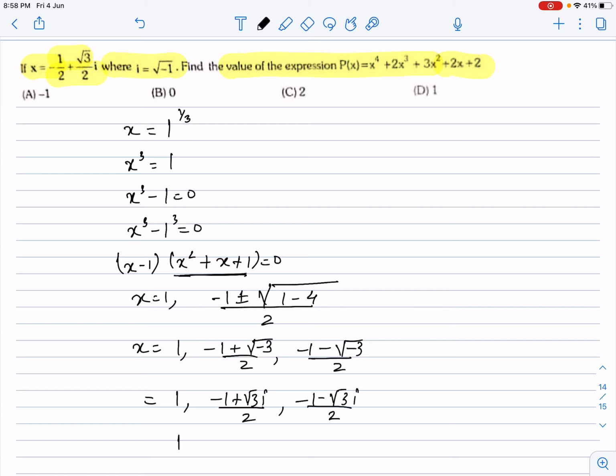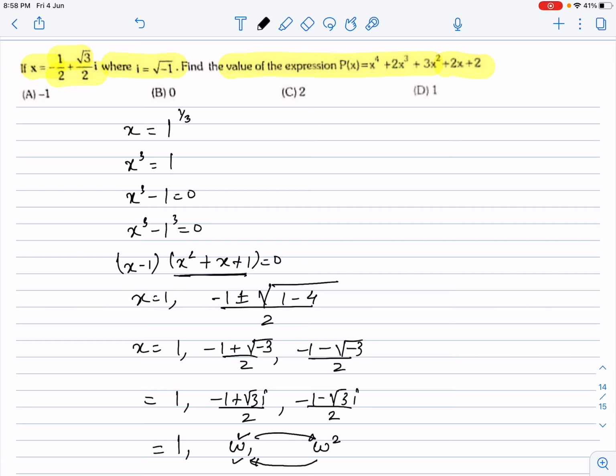So this will be becoming 1 only. This I will be writing as omega. If this is omega, guys, this will be becoming omega square over here. When I do a square of this thing, I'll be getting that thing. When I do a square of that thing, I'll get this thing. You can check it. Vice versa, you can check this thing.